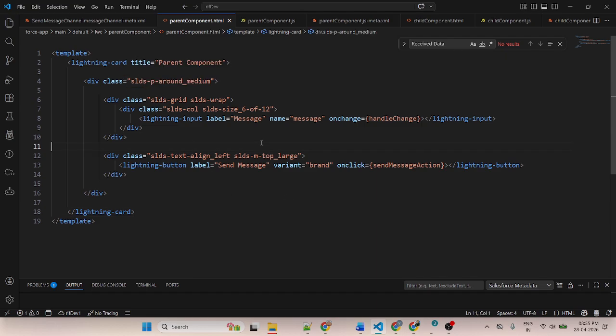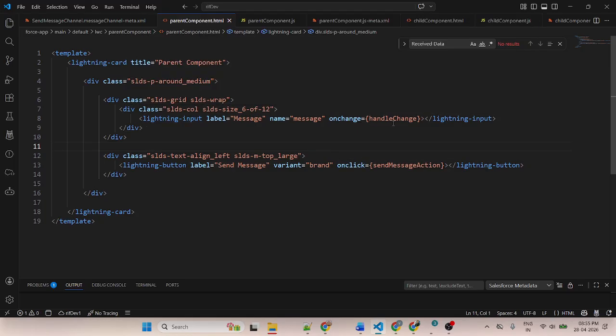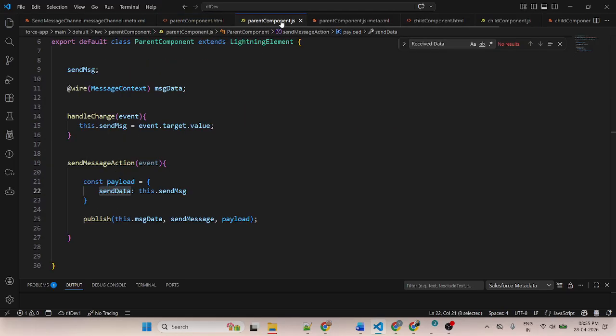Okay, sir. I want to check your concept level, whether you understand or not. If you get stuck in any kind of passing multiple input values, I will help you tomorrow. For your learning purpose, here I am getting only one input field and passing the data once the button is clicked. From your side, you need to create multiple input fields and pass the data of multiple fields. So if you pass the data, you will need to change it to multiple keys and values and pass them. And here you are going to check.